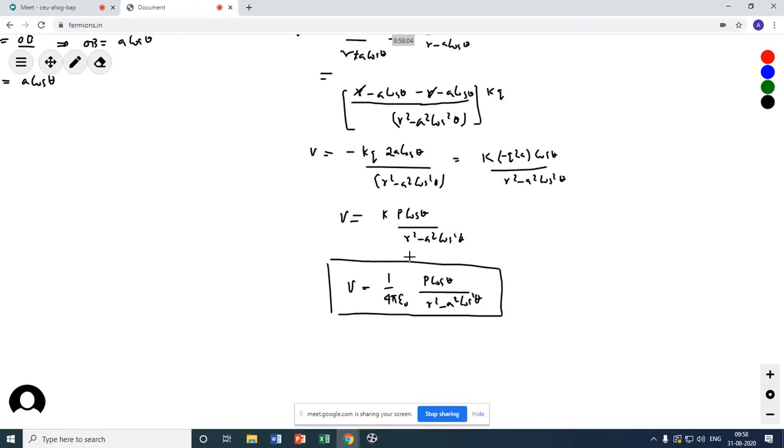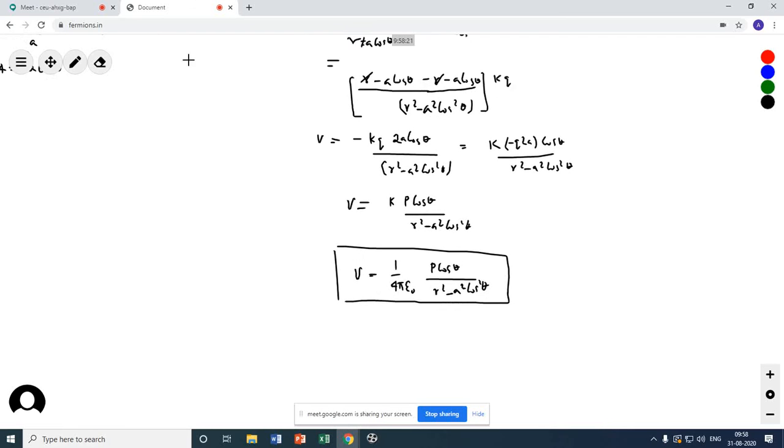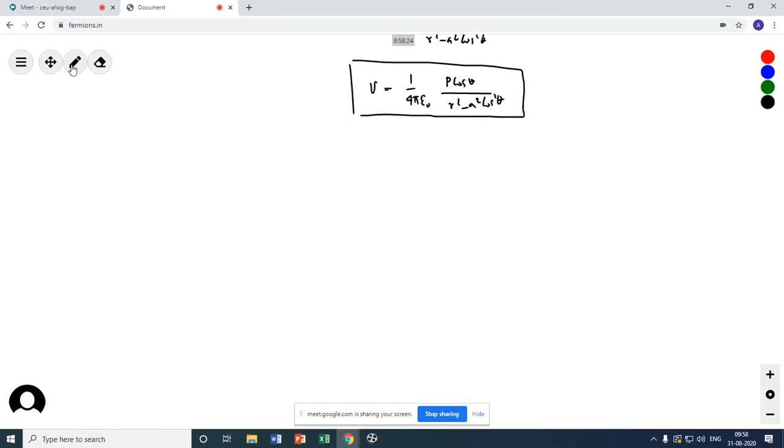Any point. Now this is the equation. So this kind of equation is very hard to produce for electric field. Why can you not create a general equation like this for the electric field? Because electric field is a vector quantity, and V is a scalar quantity. Okay, now you can see we can have some cases here. First case: if the dipole is very far, if R is very much greater than A, we can neglect A.